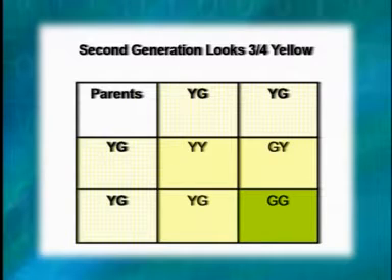First of all, you could have both parents contributing the yellow gene, or the first parent could contribute green and the second yellow, or the first yellow and the second green, or both of them could contribute green genes. Only in this corner, the plants that have two green genes, would the plant actually appear green. This is the pod of the pea plant. It would appear green only if both of its genetic contributions from the parents were green genes.